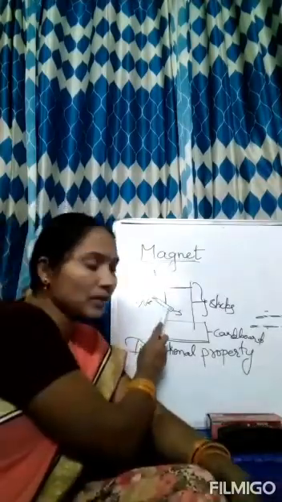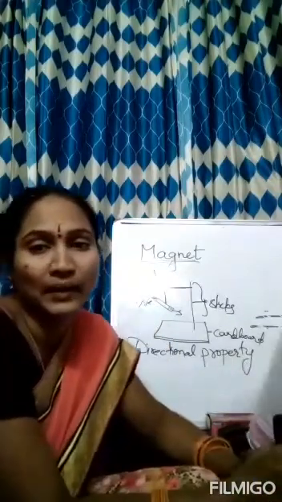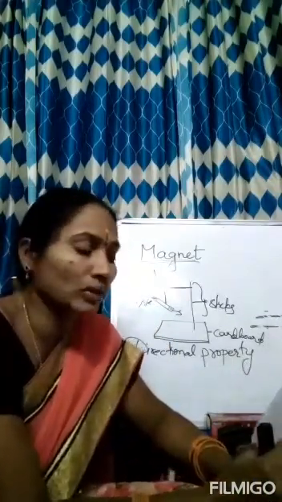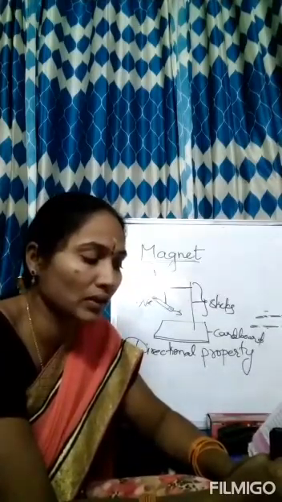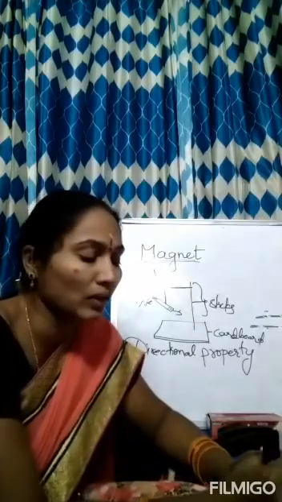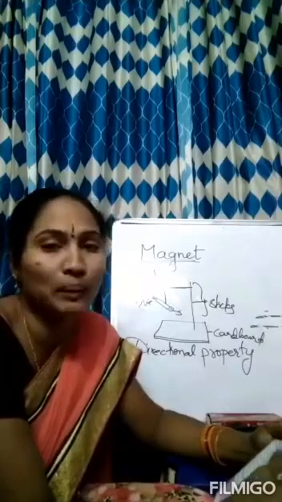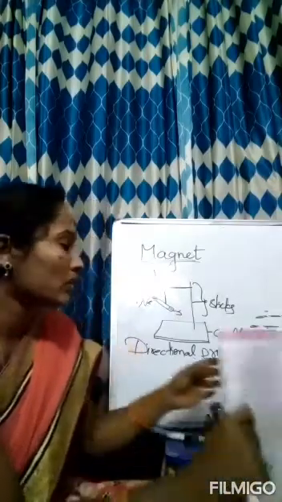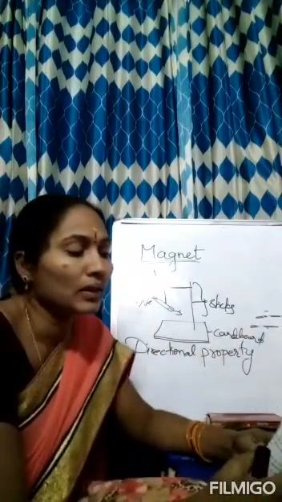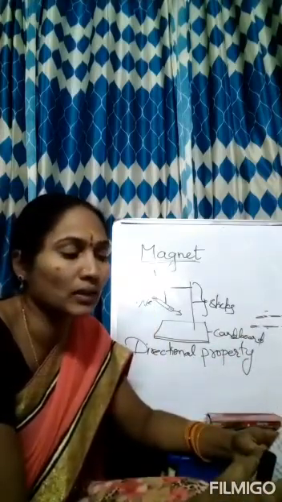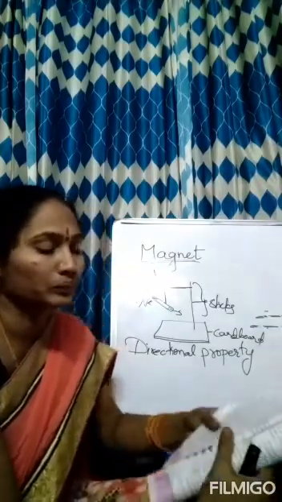Now here the magnet is coming to the resting position, showing the north-south direction. In the same way the needle in the magnetic compass shows the north-south direction. The compass is rotated until the north and south marked on the dial are exactly below the two ends of the needle. To identify the north pole of the magnetic needle, it is usually painted in a different color. So to identify the north pole, it is always colored. Then we identify the north and south at that place. After that we can also identify the east-west between them.